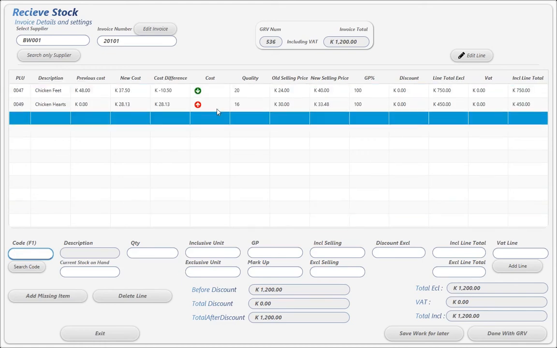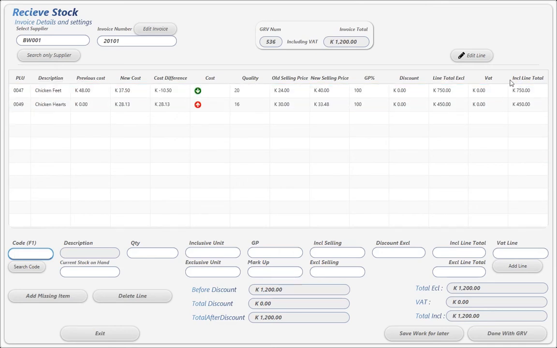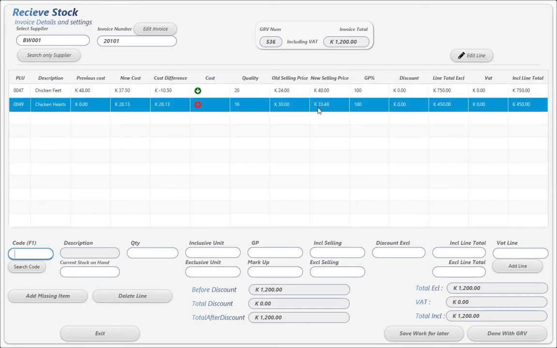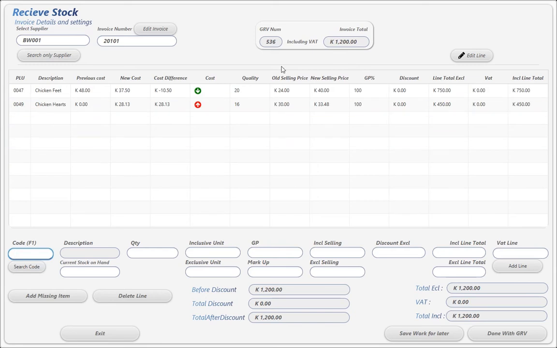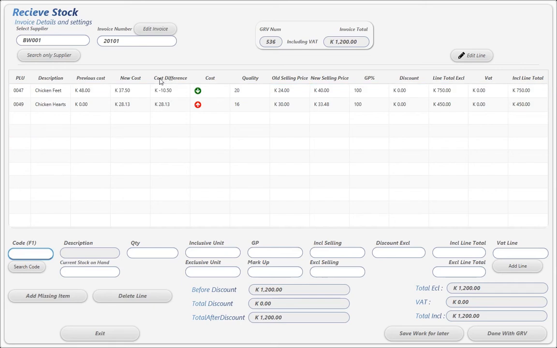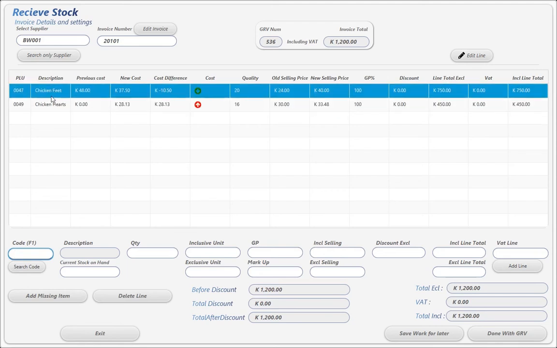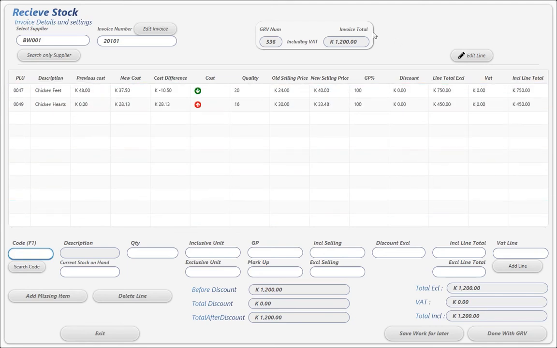Okay, so once we are done, we are happy with everything here. Everything is exactly the way we want. That's our line totals. These are the new selling prices. That's the old ones. This is the quantity we've received here, and this is showing us the differences between our new cost and our old cost on the item itself. And these are the items we've received. That's their codes there. So if you've verified everything is fine, you will just say done with GRV, and once you press done with GRV,